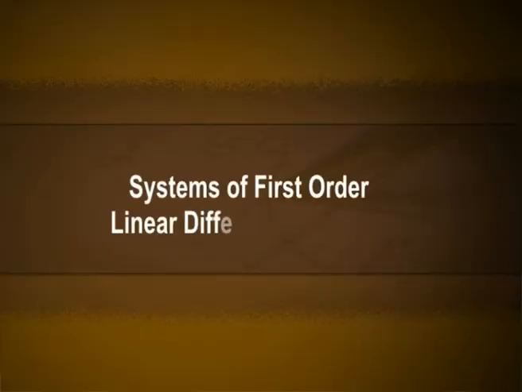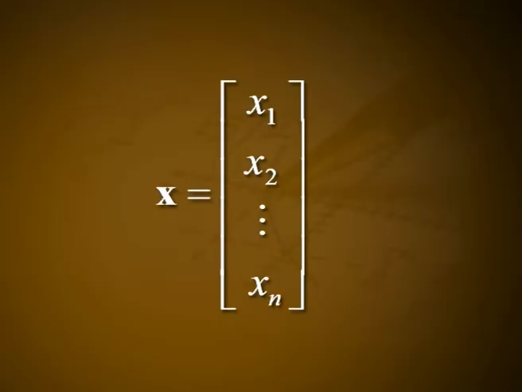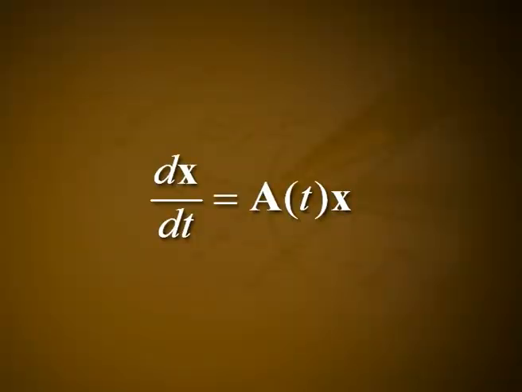System of first order linear differential equations. We denote the independent variable with t and the n dependent variables with x₁, x₂, ..., xₙ. We let x equal to the matrix with column x₁, x₂, ..., xₙ. Then the system of first order linear differential equations in the dependent variables x₁, x₂, ..., xₙ is given by dx/dt = A(t)x, where A(t) is a square matrix whose elements are functions of t. Theorem.